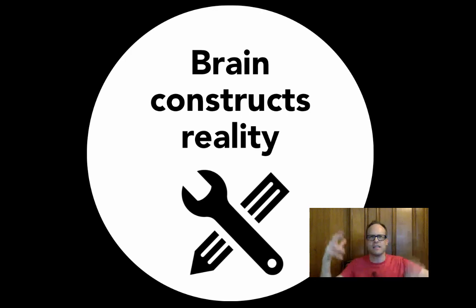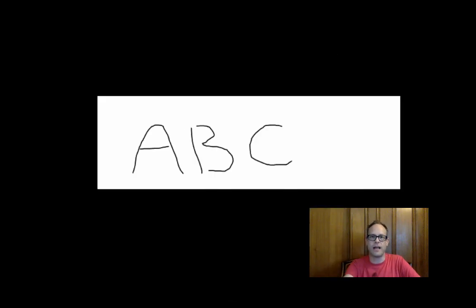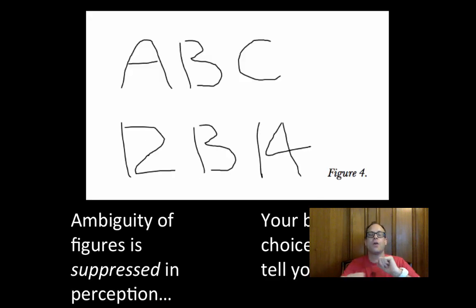So let me give you an example of some of these shortcuts, and they'll demonstrate for you the second part of our presentation, which is that the brain constructs reality. So I want you to take a look at these three figures right here. What are they? They're A, B, and C. Well, now that I blow up this picture and you see beneath the B, you see 12, 13, 14,